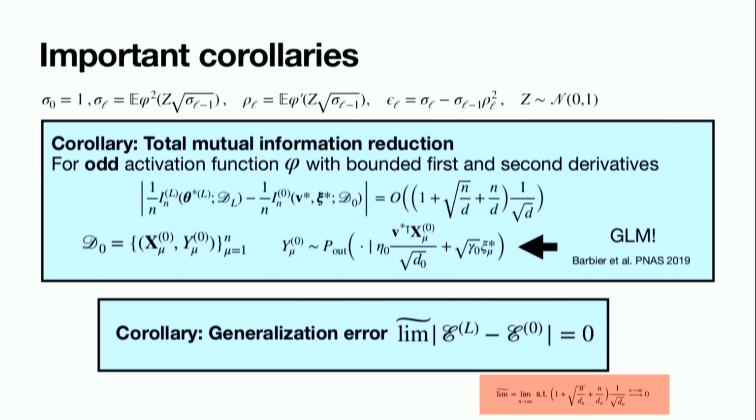The good thing about this theorem and this corollary is that the mutual information for a model which has no hidden layers, when you have reduced them all, is already computed in the literature. This is due to Barbier, Zachala, Zdeborová, Miolane, Macris, and I apologize if I forgot someone, because it's a generalized linear model. And the good thing is also that the generalization error experiences the same reduction. So we can also compute the generalization error for the learning problem of the target function neural network with an arbitrary number of layers in terms of the generalized linear model one.